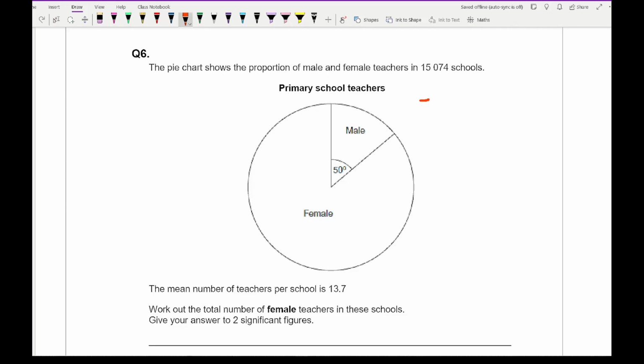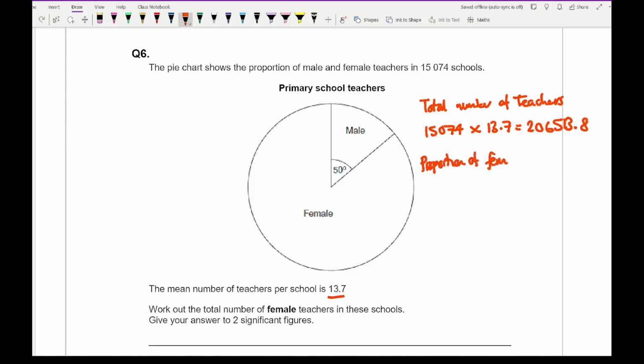So here the total number of teachers is going to equal 15,074 multiplied by the average number, so it's going to be times 13.7, and that gives me an answer of 206,513.8. So from this, what I then want to do is work out the proportion